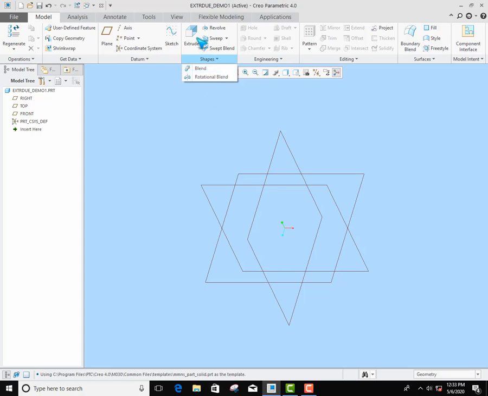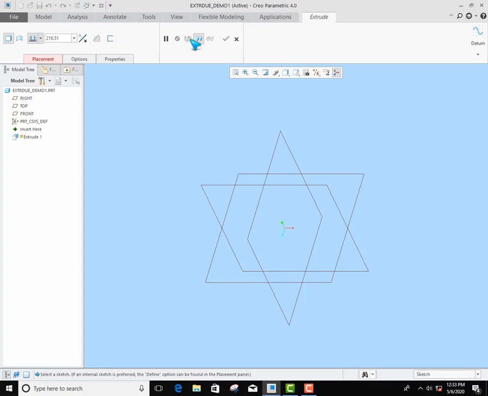Extrude is also part of the Shapes category here in Creo Parametric. To create an extrude, directly click on Extrude. The Extrude contextual tab will display here.